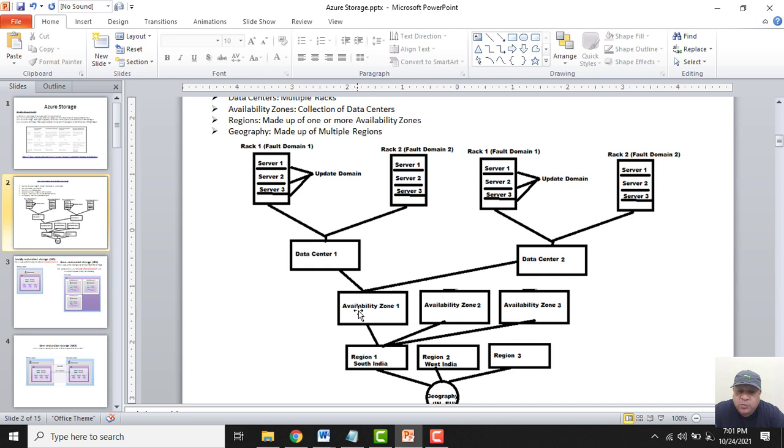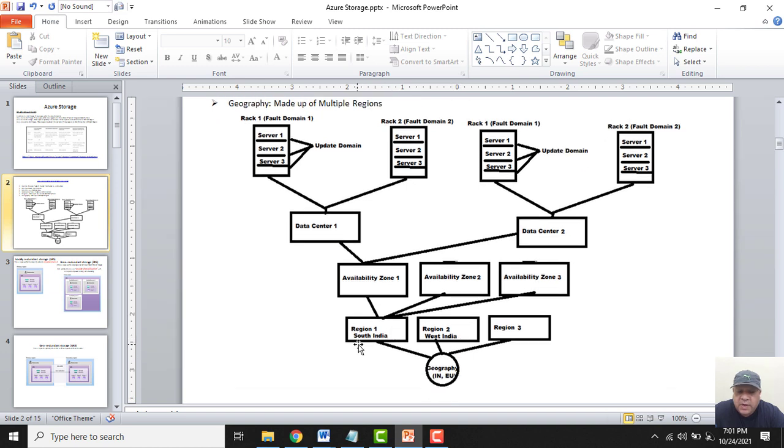Like availability zone 1, then we can have another availability zone, then a third availability zone. These availability zones together constitute a region, and in a region we can have up to 3 availability zones. Like we have one region in South India, we can have another region on the West India side, and in South India we can have 3 availability zones. Together, the regions constitute a geography.